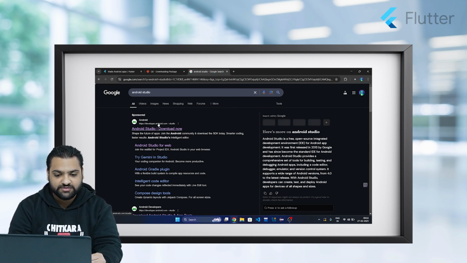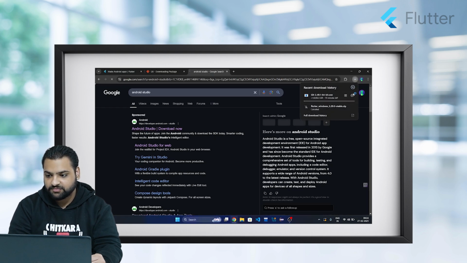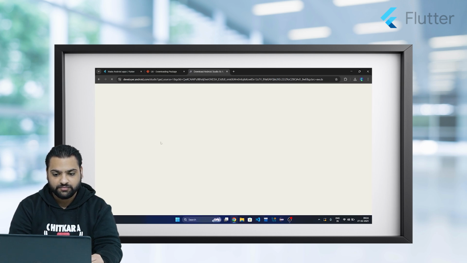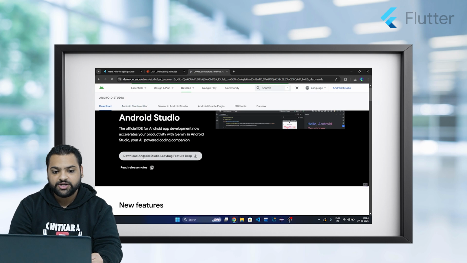So let's go to Android Studio's website, and here you will see the download button, and we will click on it.